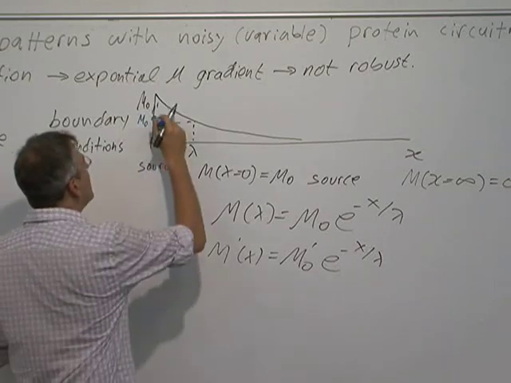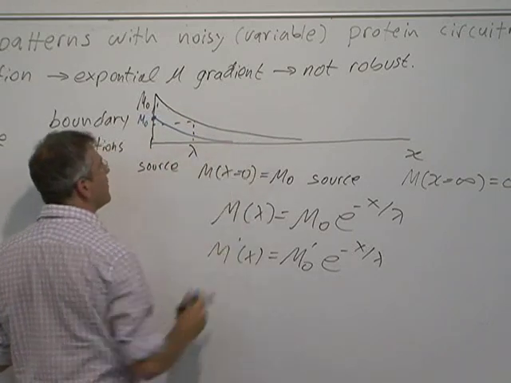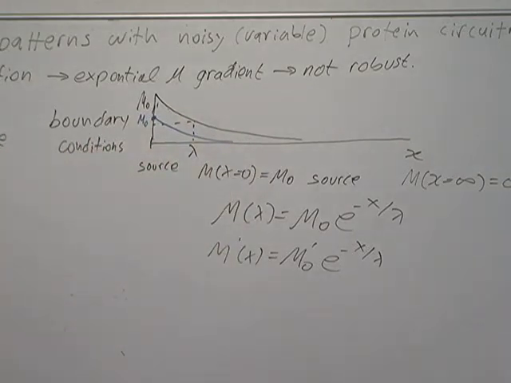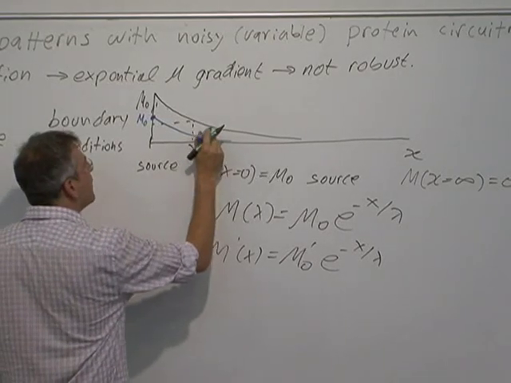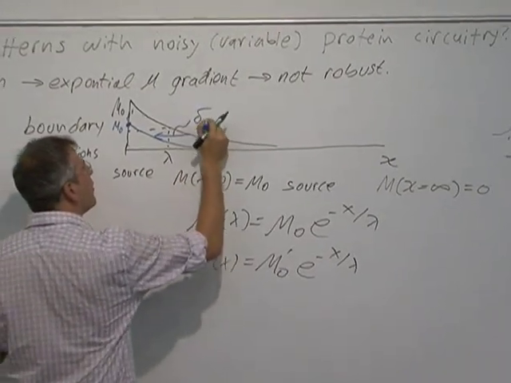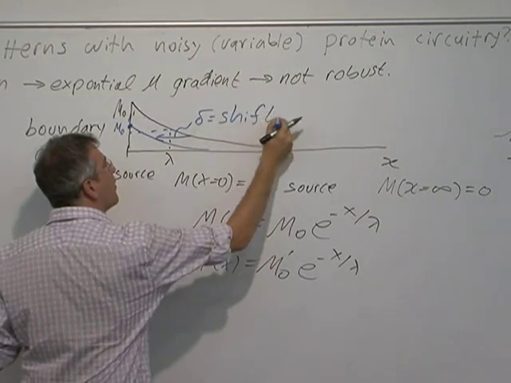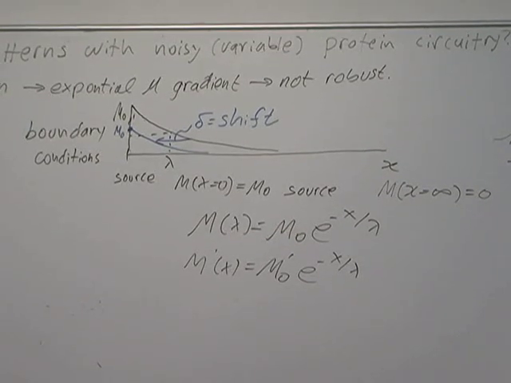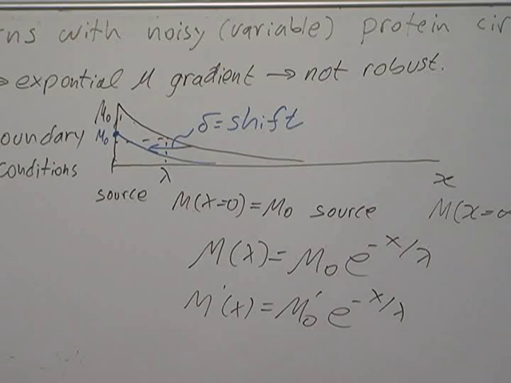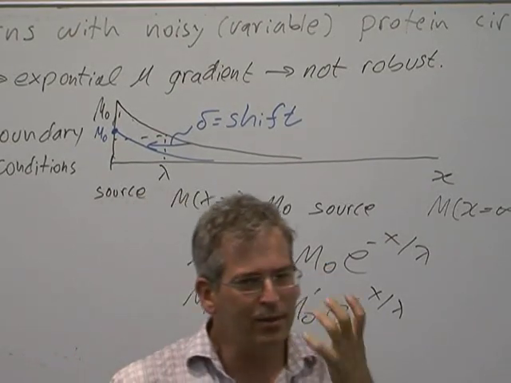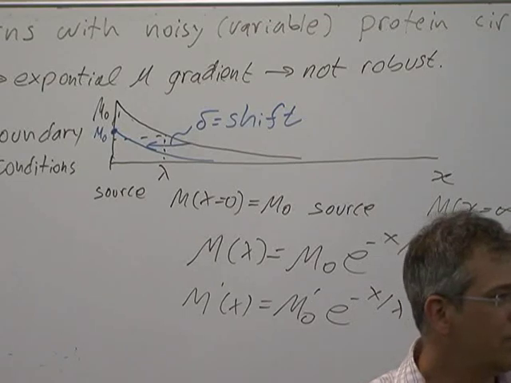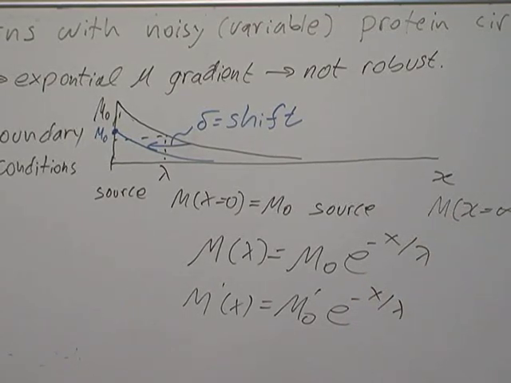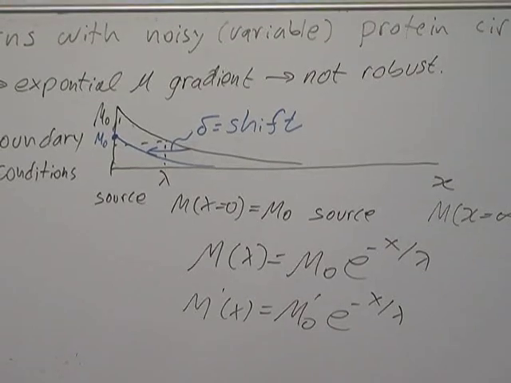So what does that look like? Looks like this. And there's a shift. There's a shift to the left of the concentration profile. And as a result, there's a shift to the left in the entire pattern, because the pattern cares when you cross those thresholds. The pattern is based on sensing the concentration at your own position. If the whole concentration profile is shifting to the left by a certain amount, the entire pattern is going to shift to the left by the same amount.